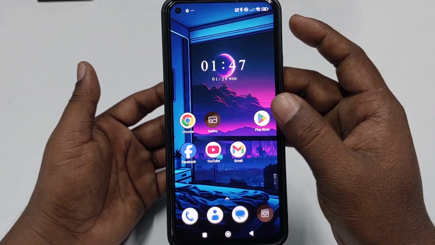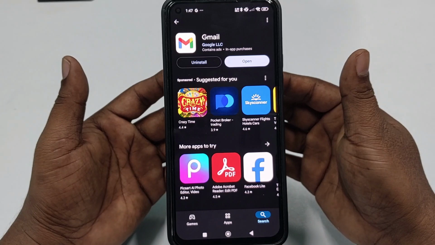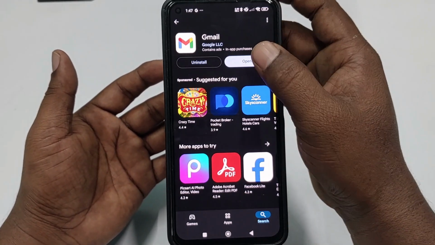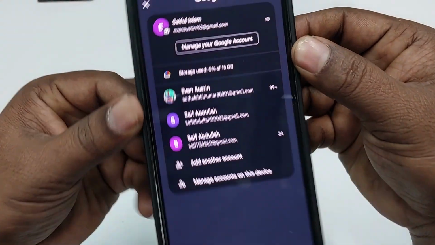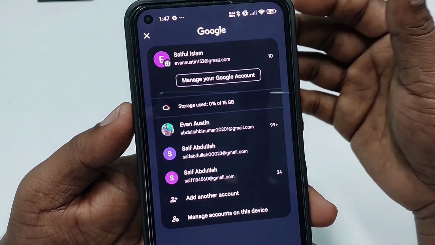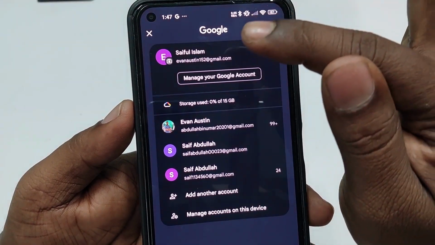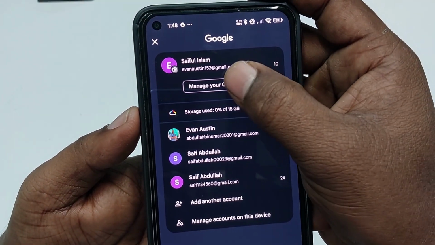So first of all, you need to go to Play Store, and after that you need to update your Gmail application first. After updating it, just click open, then click your profile icon. After that choose your Gmail account, I mean the Gmail account from which you want to turn off two-step verification. So I want to turn off this Gmail account's two-step verification, so let me click here, manage your Google